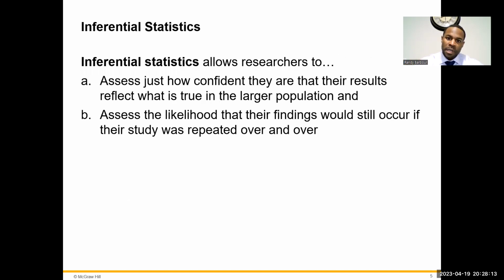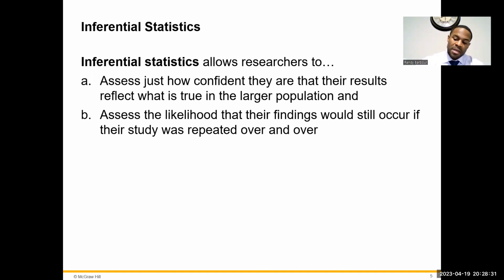Okay, but again, when we talk about inferential statistics, it allows us to do two things. So the first thing is that it allows us to assess how confident we are that our results reflect what's happening in the true population, right? So